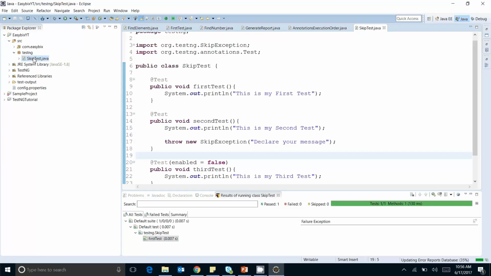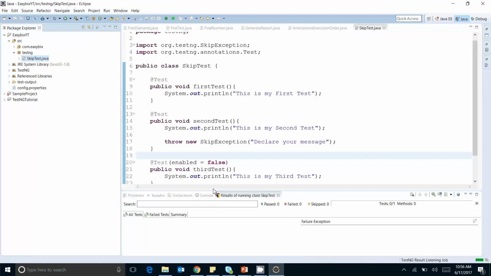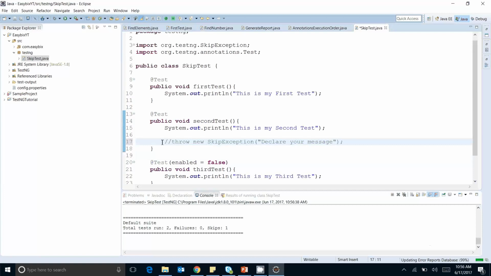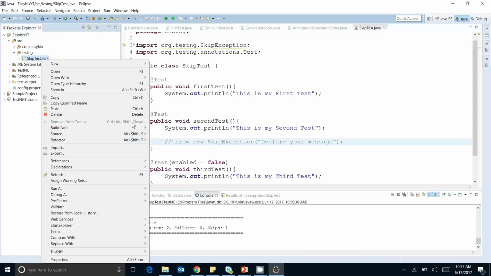So we will execute the same class again. We can see 2 tests run, 1 failure, 1 skip. Do you remember the last report? When this skip was not there, suppose we have only 2 tests and I am skipping the third one using enabled equals to false. Please check this one, that pane in the console. Execute it again.